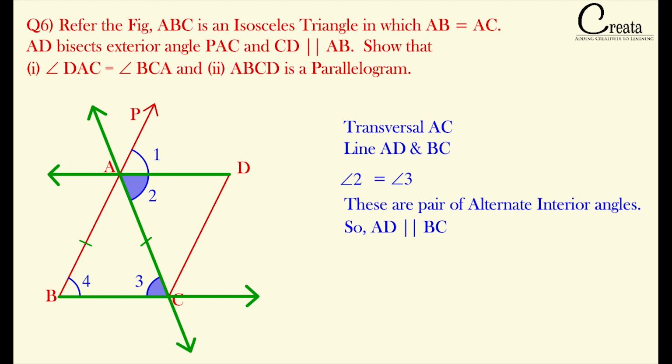Note for students, in the question wherever we have to prove the given quadrilateral is a parallelogram, we can prove so by using the properties of the parallelogram. And one of the important properties of the parallelogram is the opposite sides are parallel to each other. So somehow if we are able to prove the opposite sides are parallel to each other, then we can easily show the quadrilateral is a parallelogram. And how to prove the opposite sides as parallel to each other? We have to use the transversal. If any pair of angles, like in this case the alternate interior angles, are equal to each other, then the lines will be parallel. So you should have a strong hold on transversals. So that is the fundamental in this question.